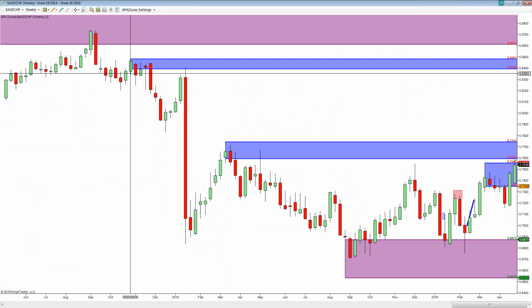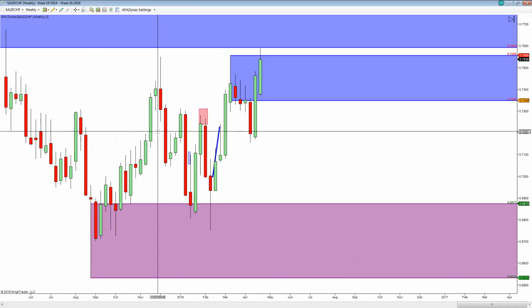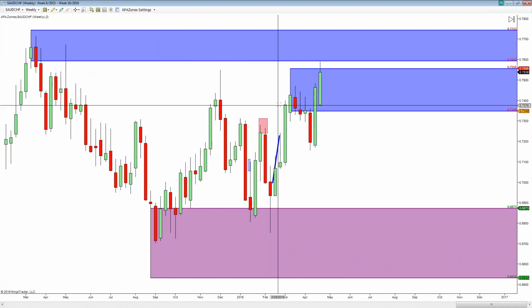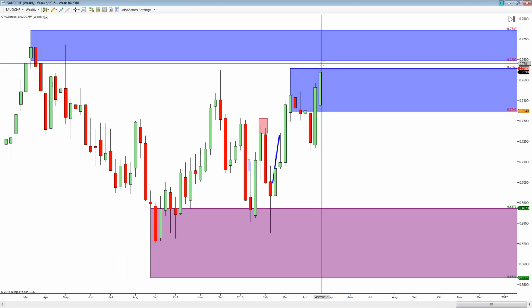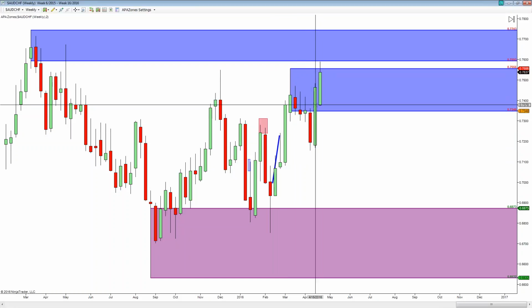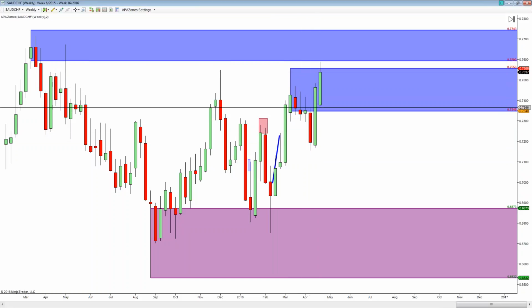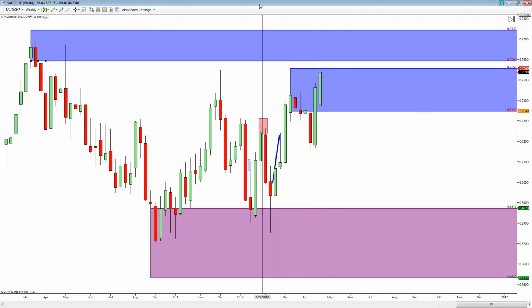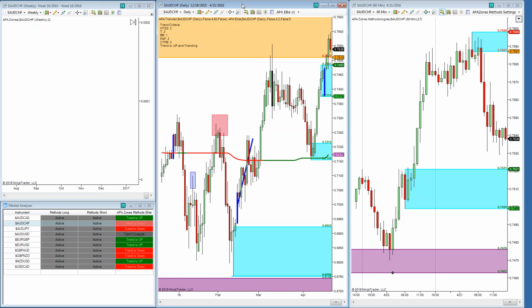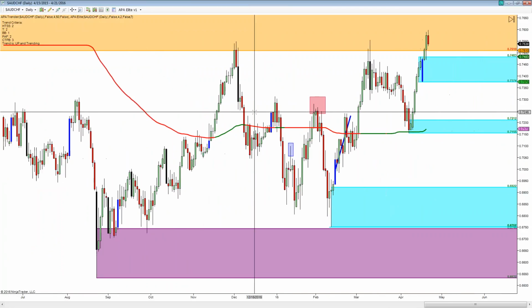Moving over to the Aussie Swiss. We have a new high up here as of this week, so we saw a little level get drawn out here. We didn't really get much of a bounce off of it, very, very little, and now it's touching the level just above it. So I think that's the interesting play there, you know. As we break that down into the daily chart,